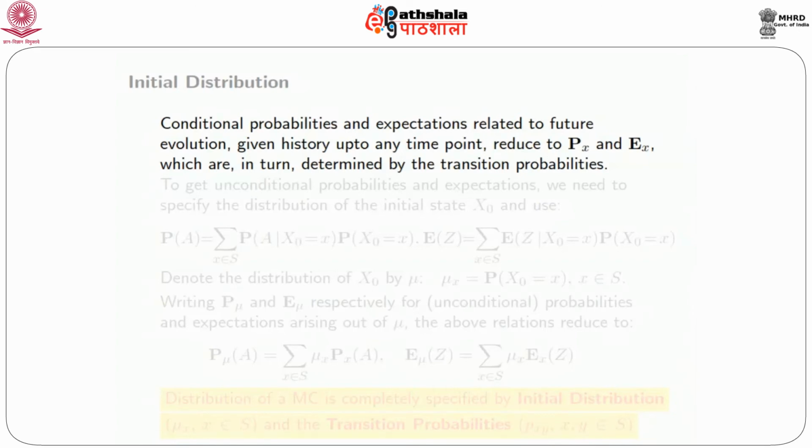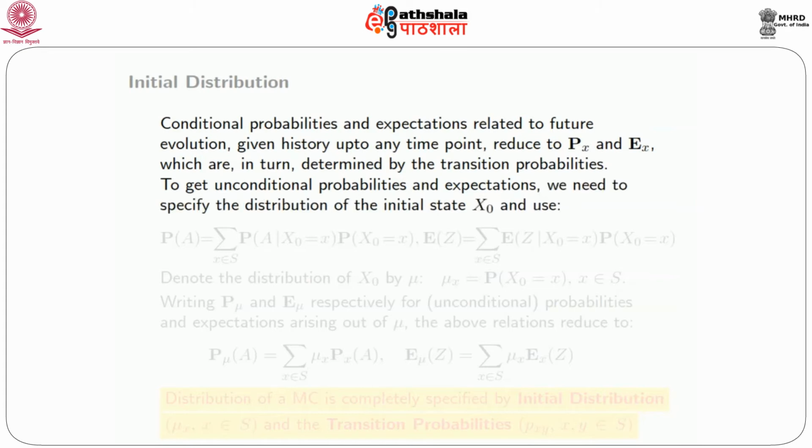Given the history up to any time point, they reduce to p sub x, e sub x, etc., which in turn are determined by transition probabilities. But we may be interested not always in conditional probabilities, but in unconditional probabilities and expectations. For that, we need to specify the distribution of the initial state x0, and then use this simple result on unconditional probabilities or unconditional expectations as weighted sums of conditional probabilities and conditional